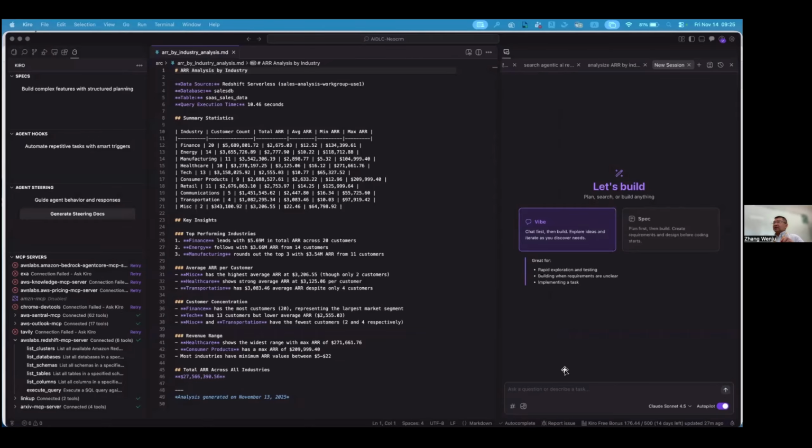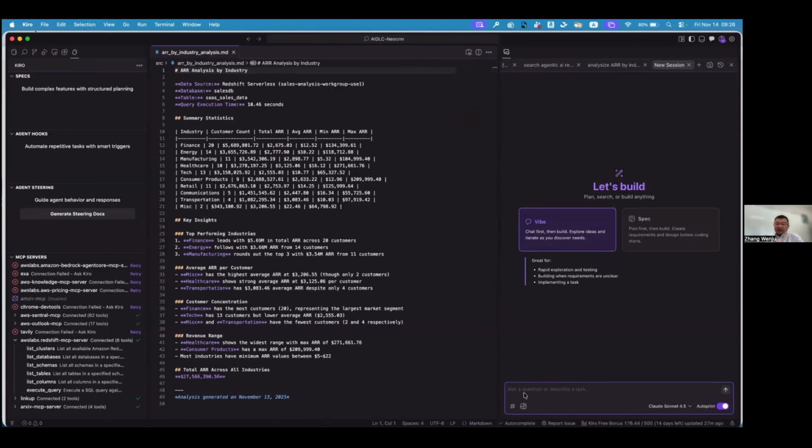Right now, I have several MCP servers configured on the left side of the IDE. Today, in this demo, we just use one MCP, the Redshift MCP server. There are several tools available for this MCP server. We just have the MCP server, no other configuration needed.